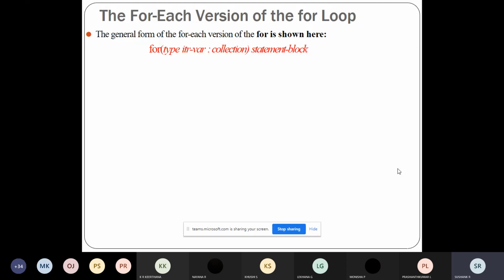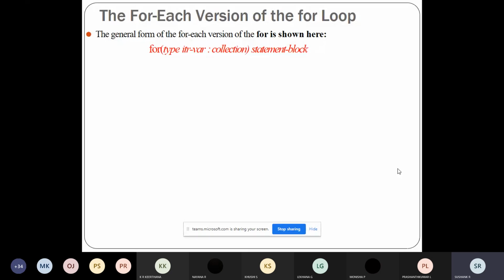So this can be used only for traversal from the beginning of the list to the ending of the list. The other way is not possible, like from the end of the list to the beginning of the list. Starting from the middle of the array is also not possible. You have to start from the beginning of the list to the end of the list only, that is from start to finish. You cannot start from between the array elements, and you cannot traverse from the end of the array to the beginning. This is how the for each loop is designed.